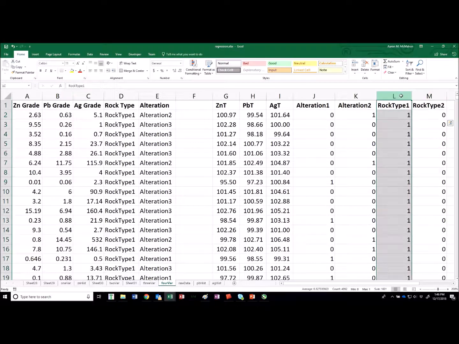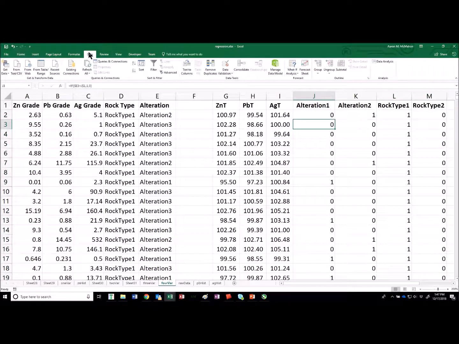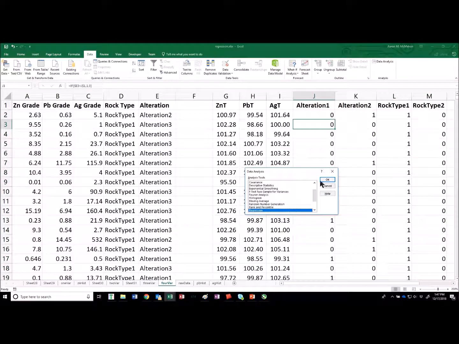Now I happen to know for a fact that rock type 1 and rock type 2 have no correlation with zinc grade. And I set it up that way purposely, just to demonstrate what you do with predictor variables that have no statistical significance. So we're going to run this regression analysis